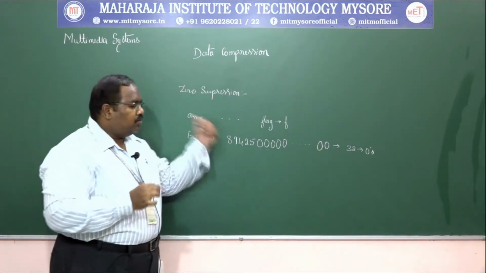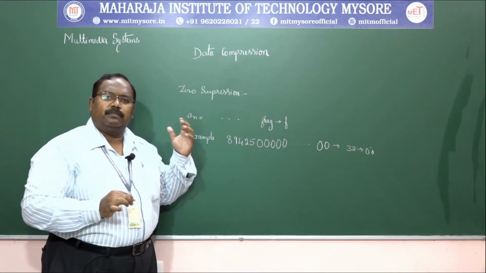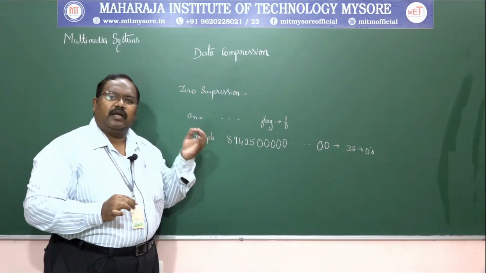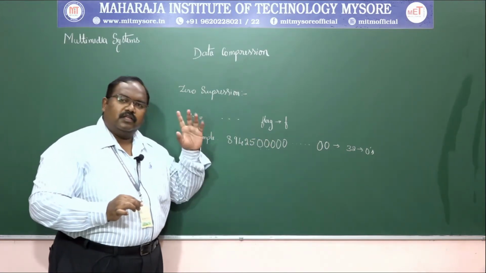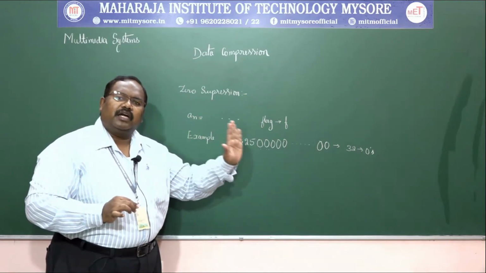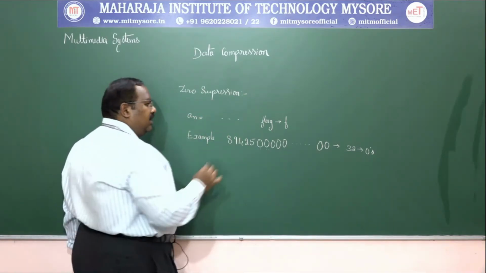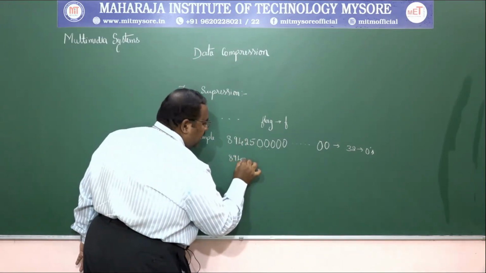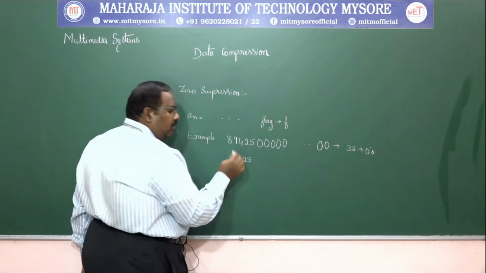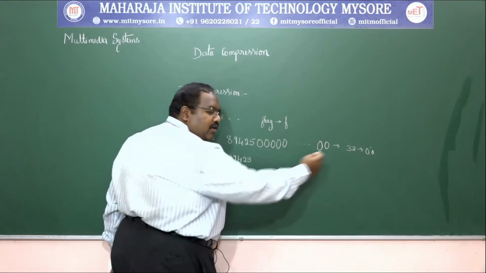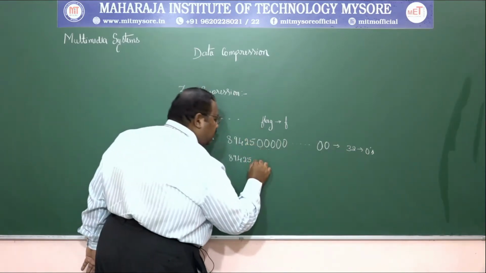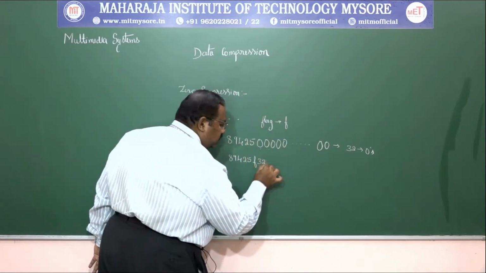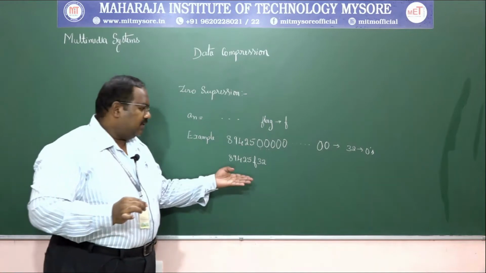we need to use zero suppression. What does this zero suppression do? Here we have a flag. That flag is denoted by a flag symbol or character, that is F. So F is followed by the number of occurrences of zeros. Now with zero suppression we write the same number as 8, 9, 4, 2, 5, because after 5 there is a continuous sequence of zeros. So we introduce the flag F. So how many zeros are there? 32. This is how we represent the